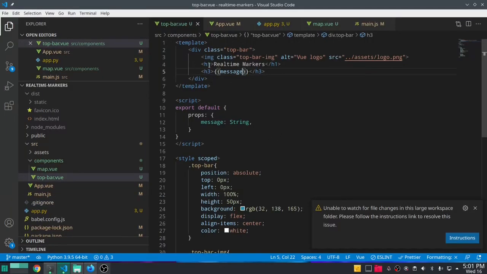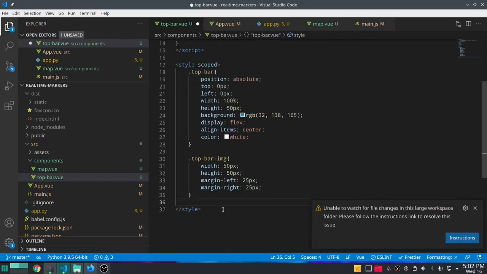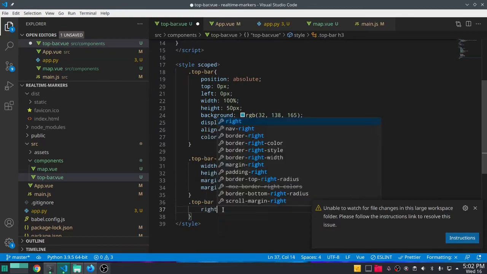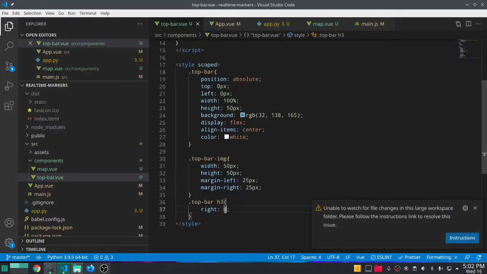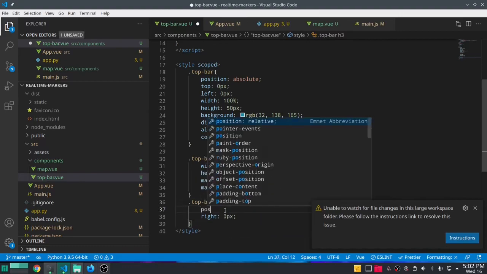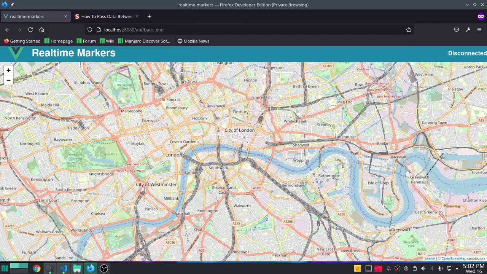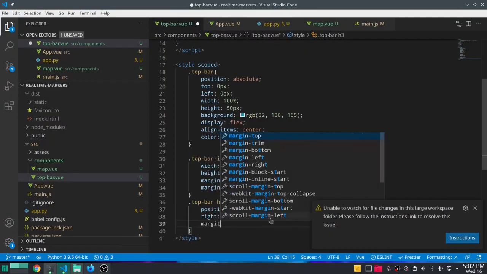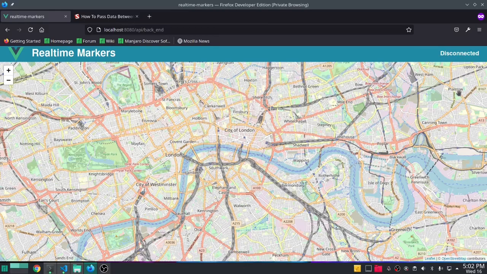But anyways, yeah, so we have our H1 right here, and we have an H3. I want the H3 to be on the other side. So we'll do dot top bar H3 right equals 0 pixels, position, axis. And that moves us to the other side, which is perfect. But our padding is off, so we'll do margin right. What do we use? 25 pixels for everything so far, and 25 pixels. So we have disconnected. When we connect to the server, it will say connected,